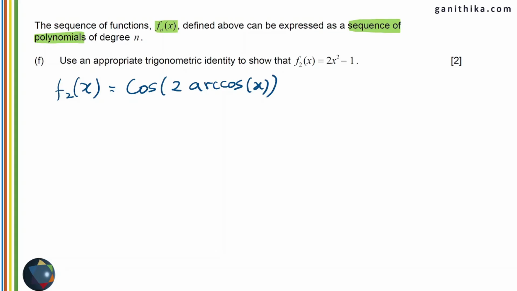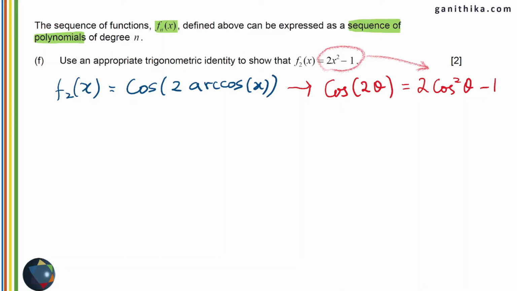Now, think about all the identities that you know. You can use your formula booklet. The first identity that comes to your mind is cos square plus sin square is equal to 1. The second could be secant square minus tan square equal to 1, and so on. You also have the cos a plus b formula, cos a minus b formula, but you also have the cos 2 theta formula, which will be more appropriate for this situation. So, it looks like cos 2 something. You might be able to use the cos 2 theta identity here, which gives you 2 cos square theta minus 1, which is very similar to the expression that we want to bring in.